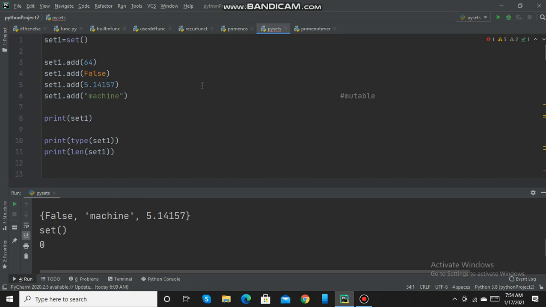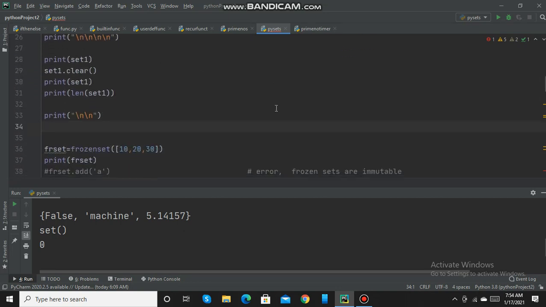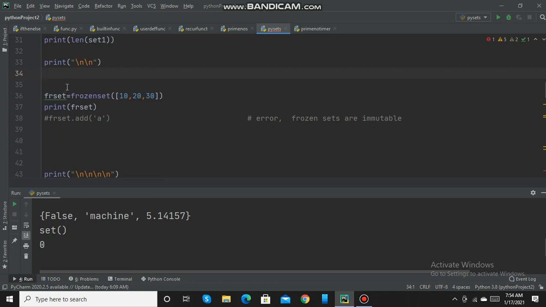Now here we are able to add elements to the set, so that means sets are mutable. But we also have frozen sets here. These frozen sets are immutable. So here we have created a frozen set, and I am printing that set here.